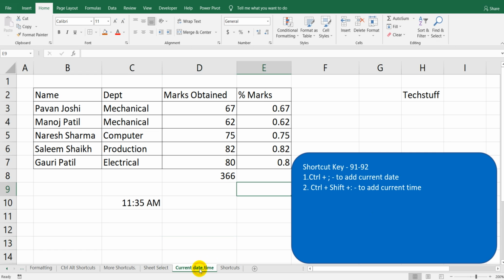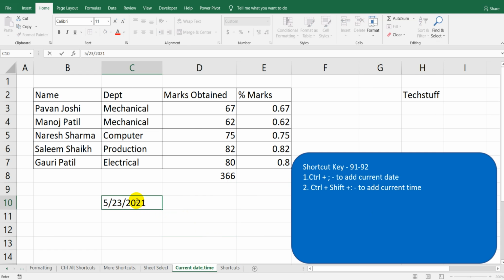Now next, move on to shortcut number 91, which is if I want to add the current date, then we can use Control and colon. So Control colon will add the current date. The current date is 23/5/2021.